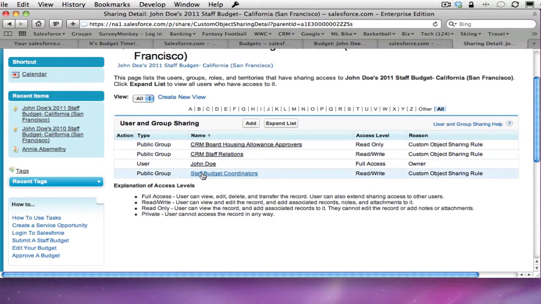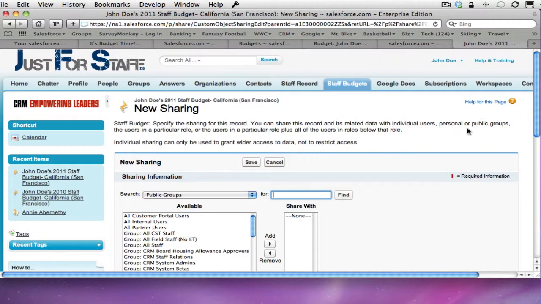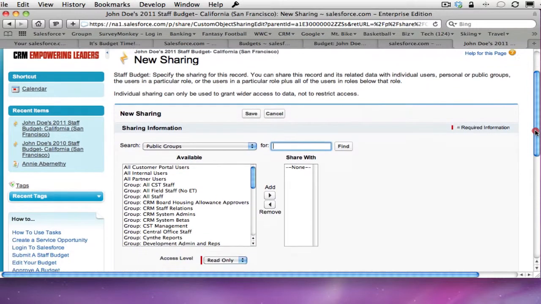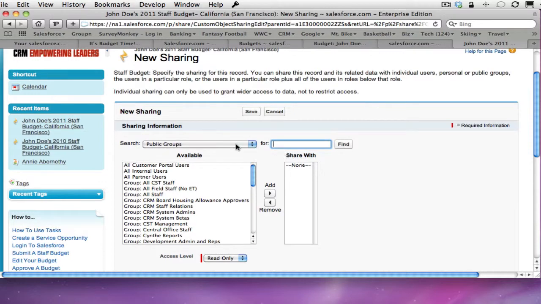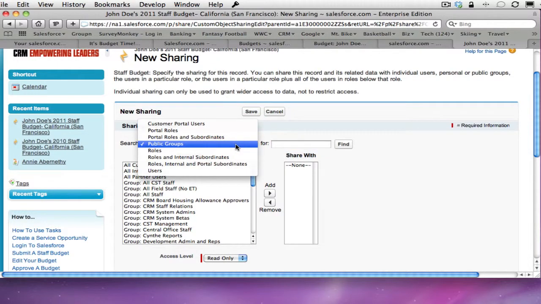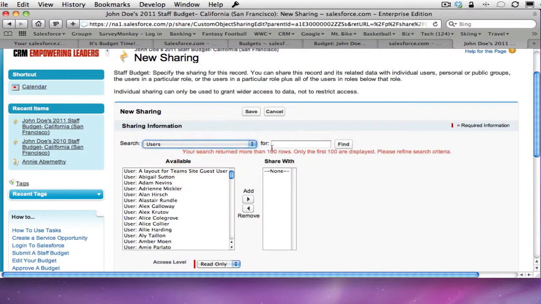And then you'll notice that my supervisor, Jane Doe, my wife, pretty good setup having your wife as your supervisor, is not on this list. For her to approve the budget, she has to be on this list. So this is a vital step. So you can add a spouse, a fellow team member, but of vital importance is making sure that your supervisor is on this list. So I'm going to change what I'm searching to users, and I'm going to put in a name here,